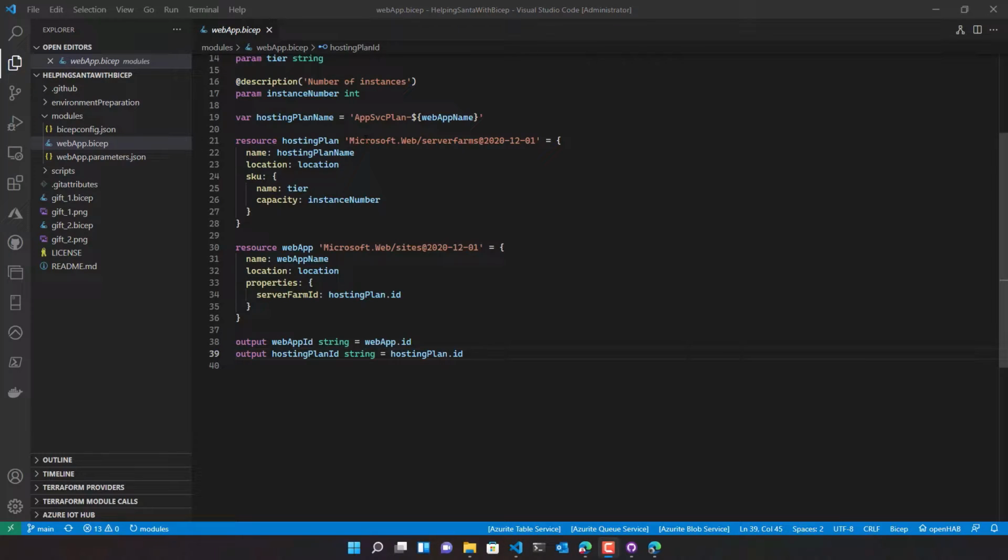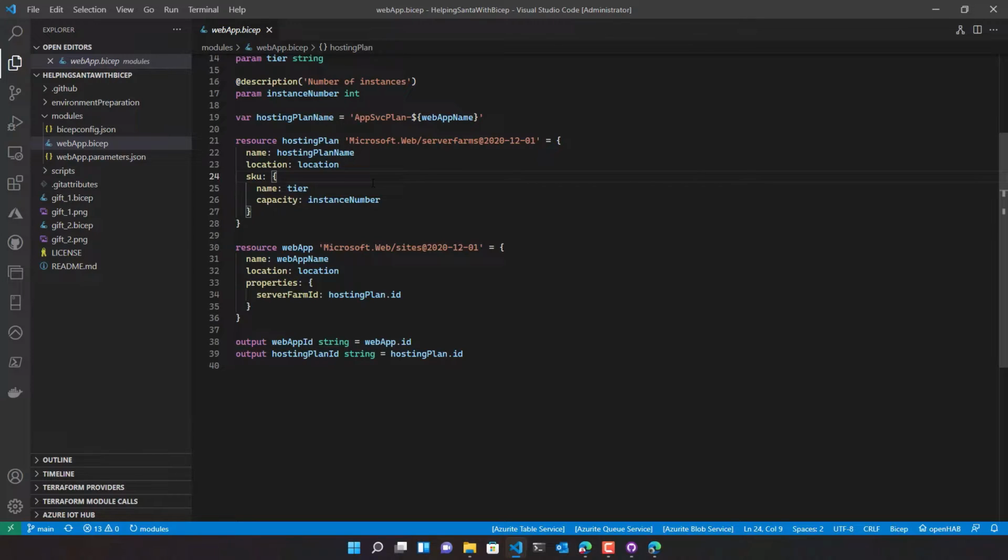Now, we've said before that we want to test each push made by the elves to check the validity of the code in terms of linting rules and validation, pre-flight validation checks, as well as by deploying the module into a test resource group to be sure that the content of the module can generate the required resources.